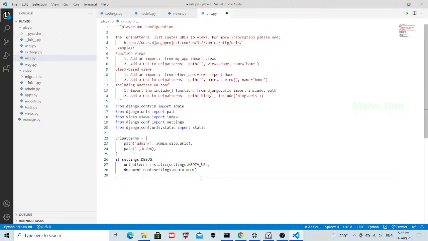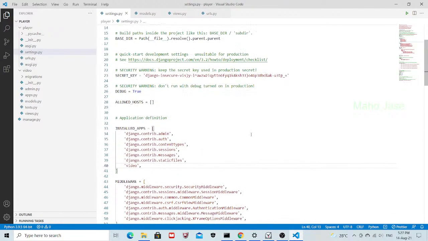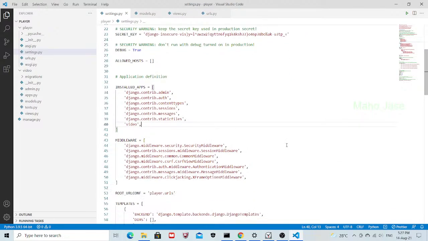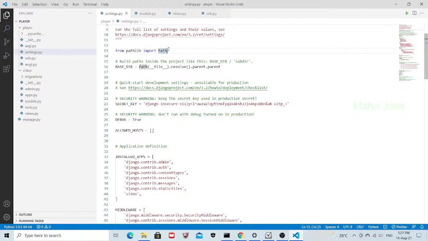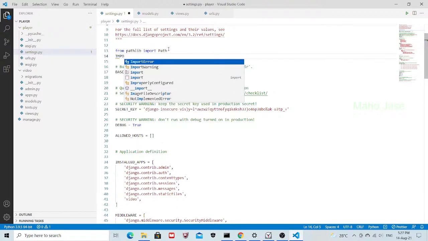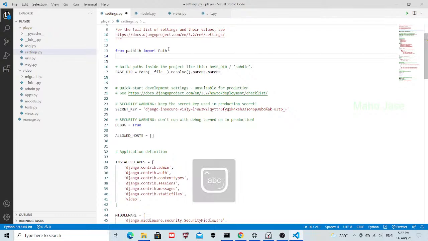So here we have completed our URLs, and the last one would be we have to create the same URL settings in the settings file. So here I would just import,